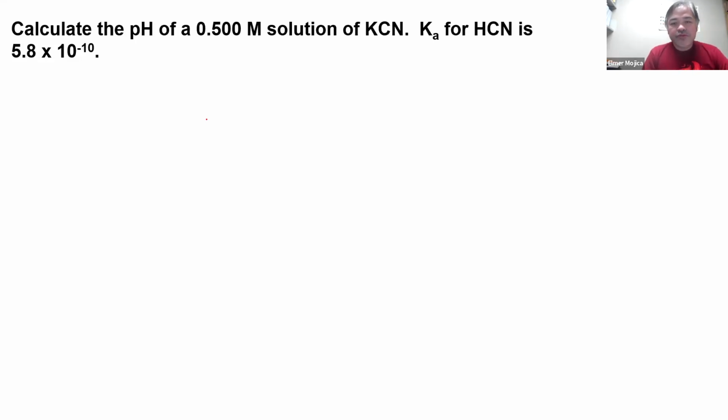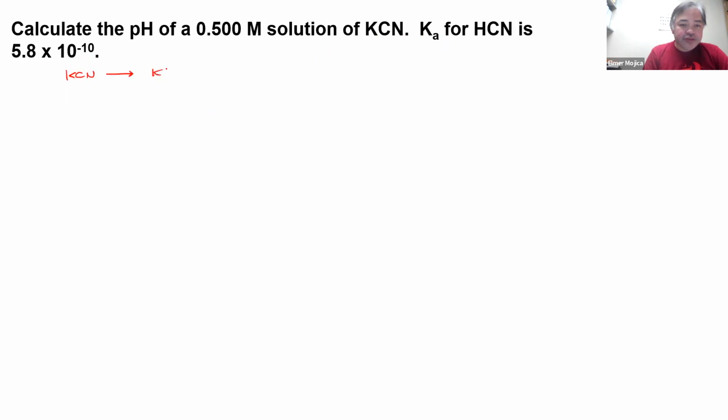So we have a problem here on how to get the pH of a salt. Calculate the pH of a 0.5 molar solution of KCN, given the Ka for HCN as 5.8 times 10 to the negative 10. So we have here KCN